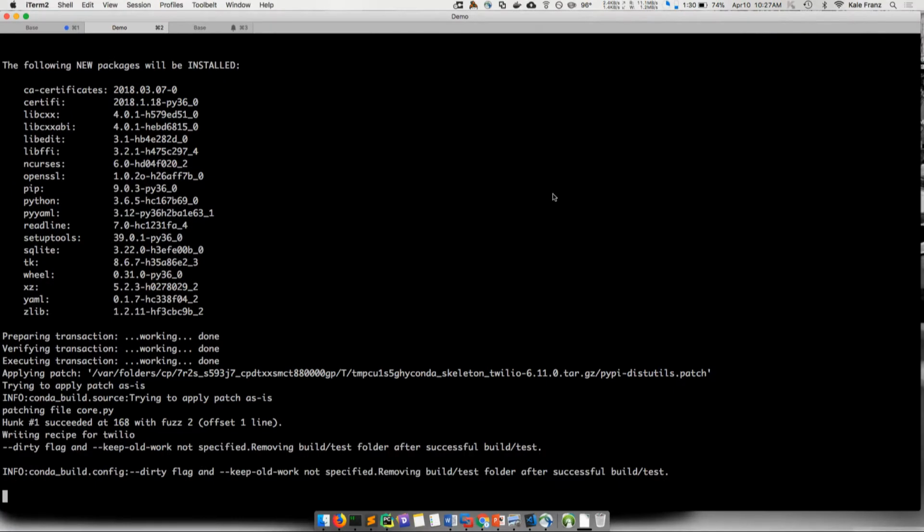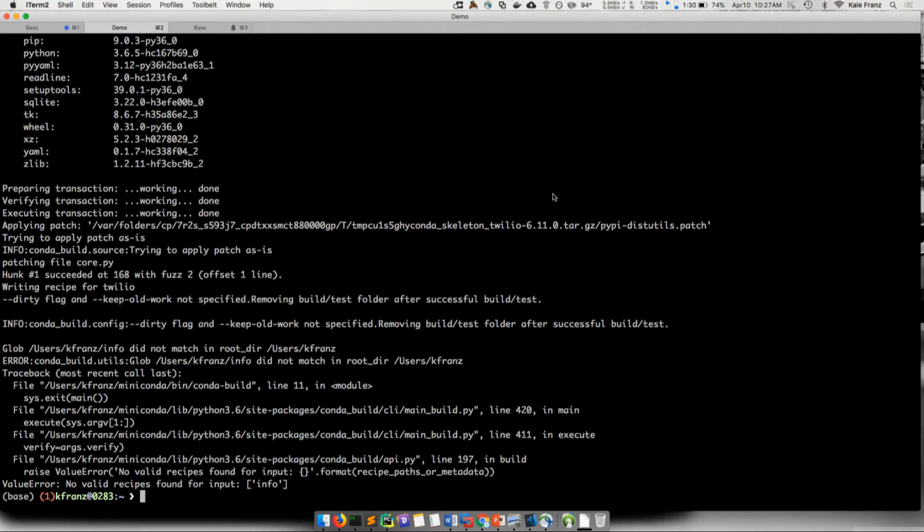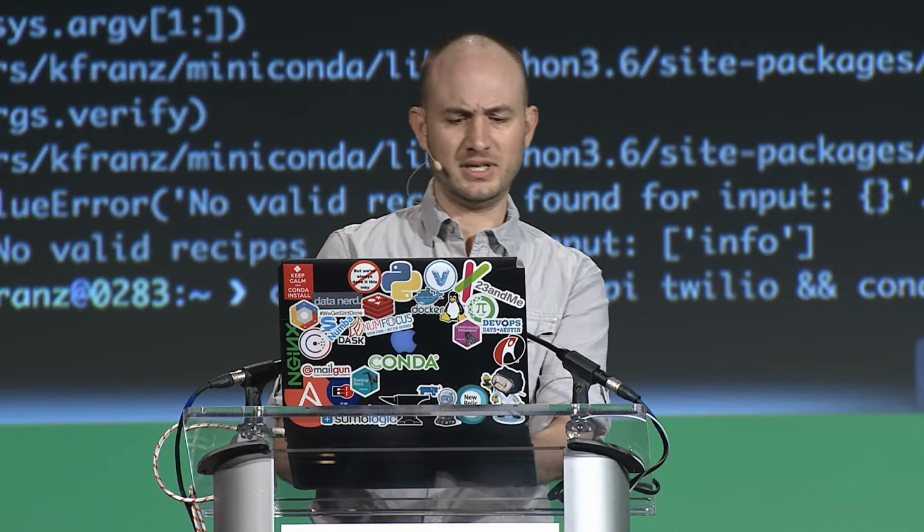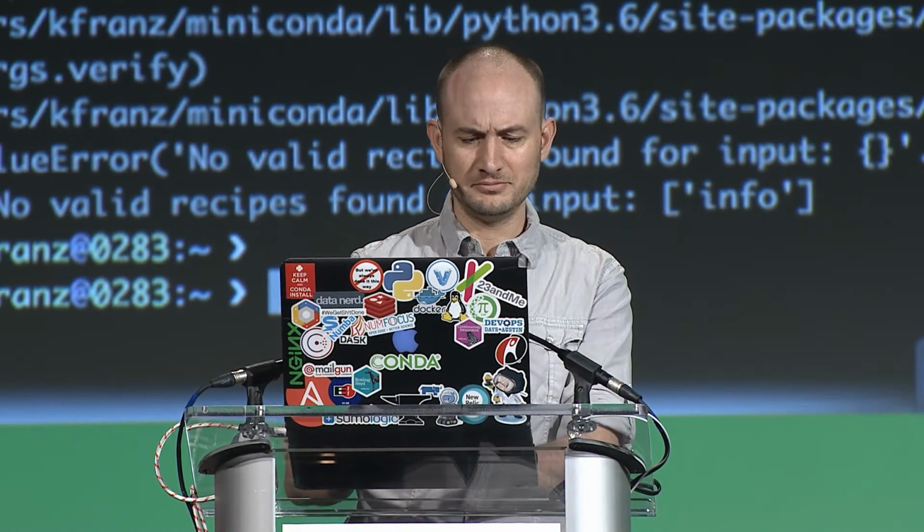And I did test this out ahead of time, and it did work. Well, that's fun. I did test this out ahead of time, I promise. Let's see what happened. I don't know what happened. You know what? Because I copied and pasted, and it probably got Unicode in there somewhere.